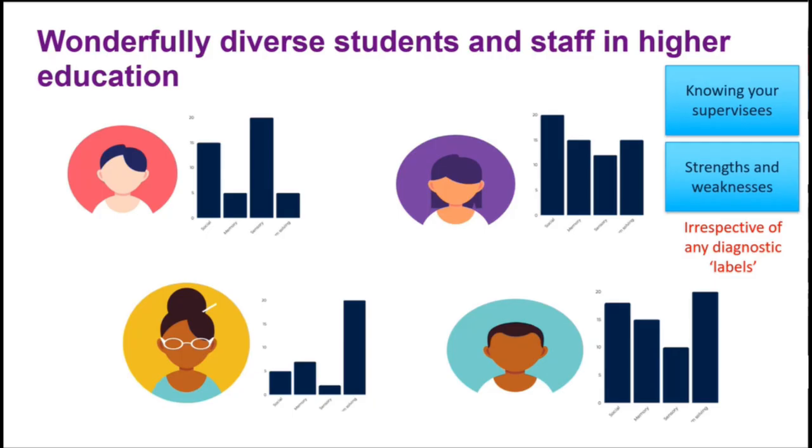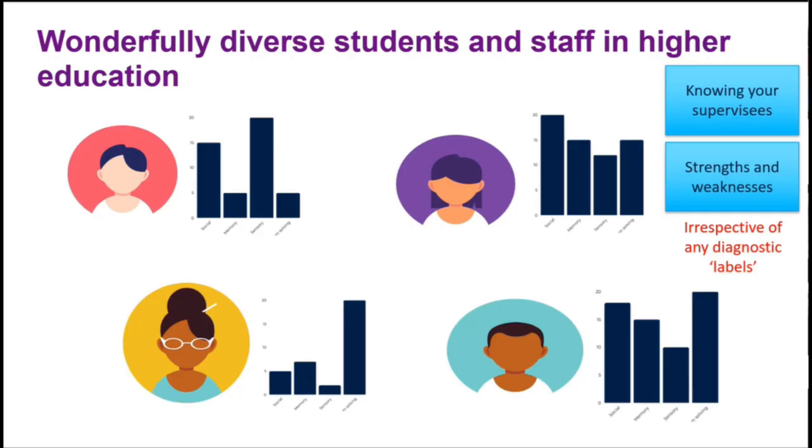It's really important for us to reflect upon our own strengths and weaknesses and what we bring to any working relationship, just as much as it is to understand the strengths and weaknesses or different profiles of other staff that we're working collaboratively with, or any students that we're working collaboratively with. So the real starting point for this is thinking about our individual profiles of strengths or areas of more challenge, areas where we feel more competent, areas where we might feel less skillful. And we can apply that to every single student that we work with.